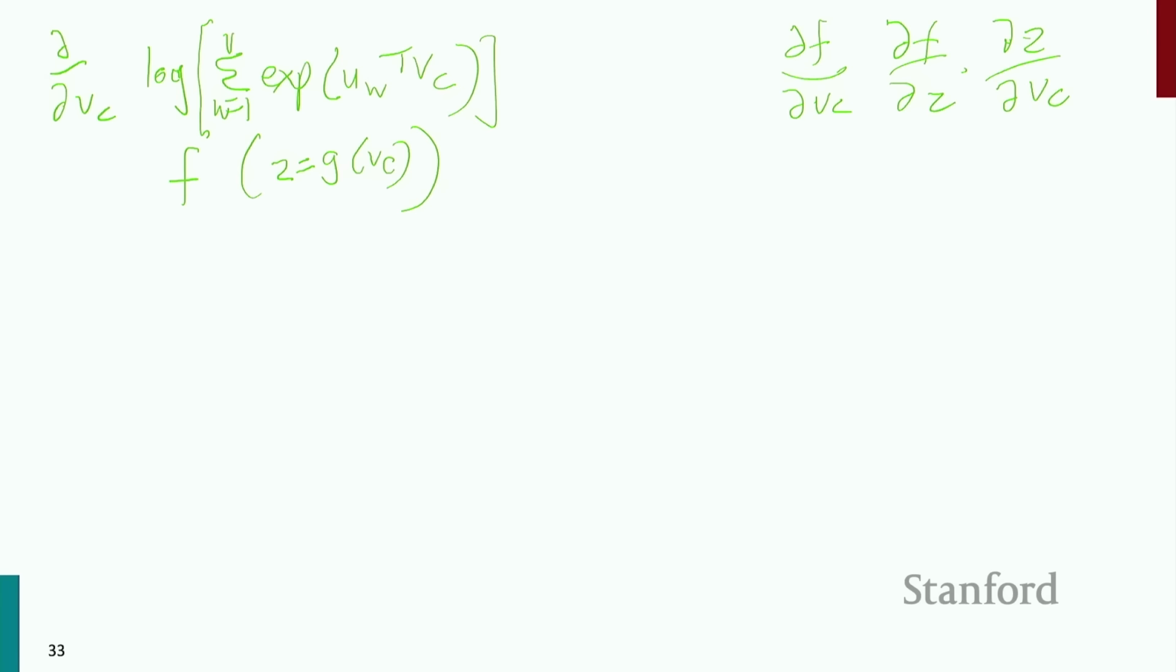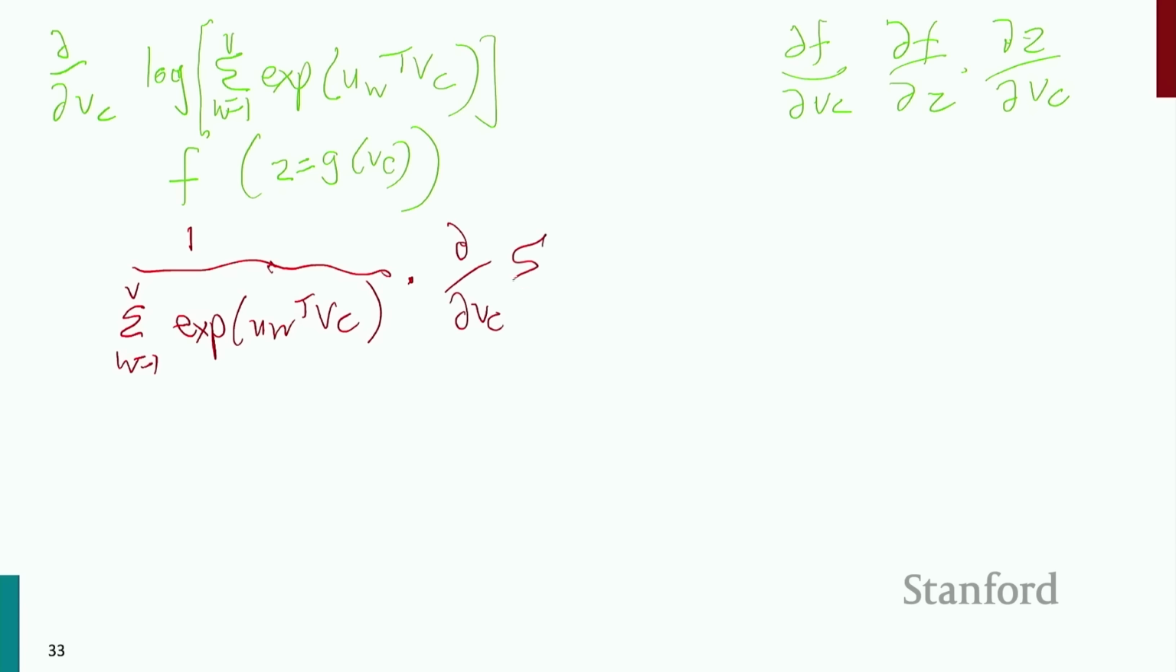And so we're going to have 1 over the inside Z part, the sum of w equals 1 to V of the exp of u_w^T v_c. And then that's going to be multiplied by the derivative of the inside part. So then we're going to have the derivative with respect to v_c of the sum of w equals 1 to V of the exp of